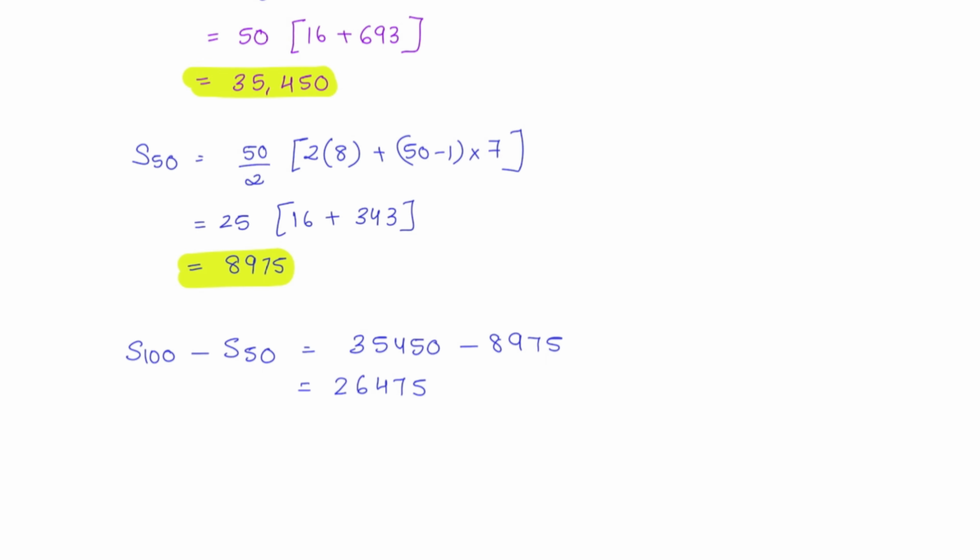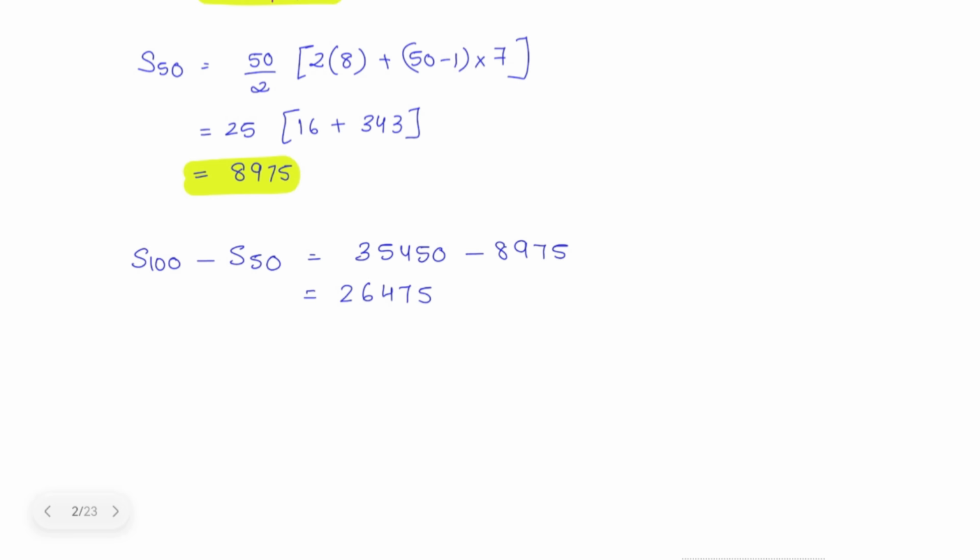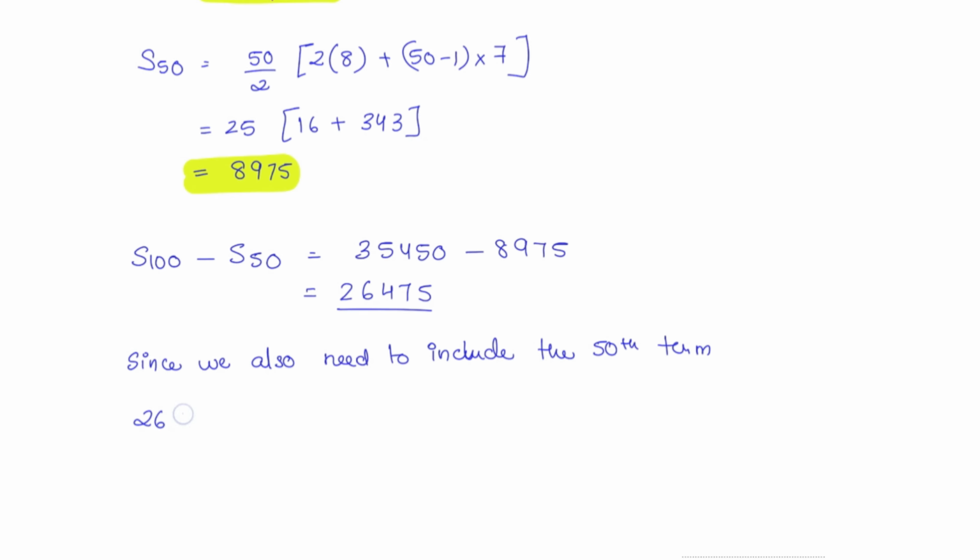26,475. Remember they have asked us inclusive. Inclusive means we have to add the 50th term as well. So the difference between the two